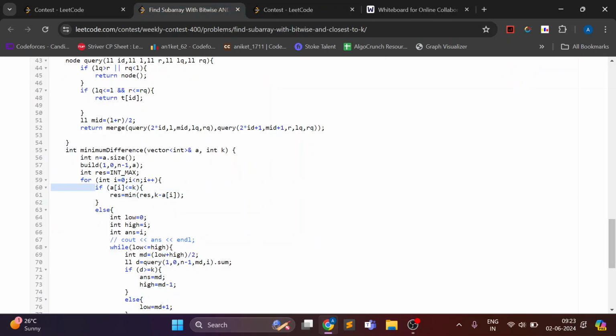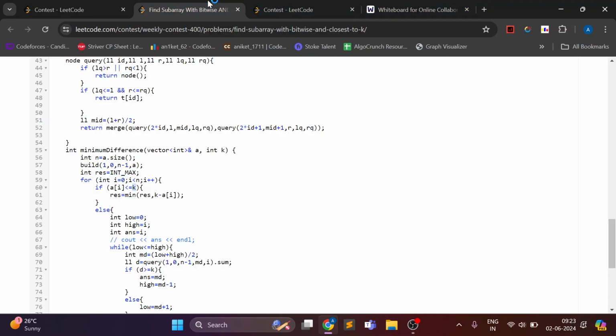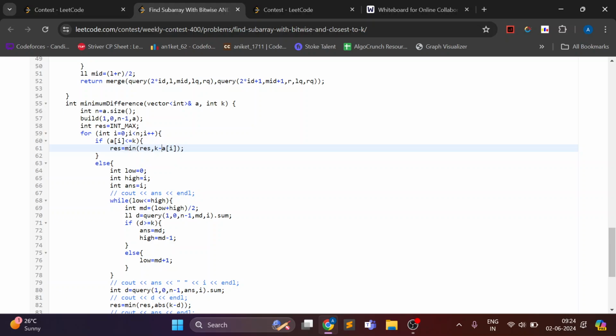Now if a of I itself is less than or equal to k, there is no possibility of finding an element which has AND greater than k, because AND is always decreasing. We cannot increase AND. So in that case I'm just taking minimum with k minus a of I, and else